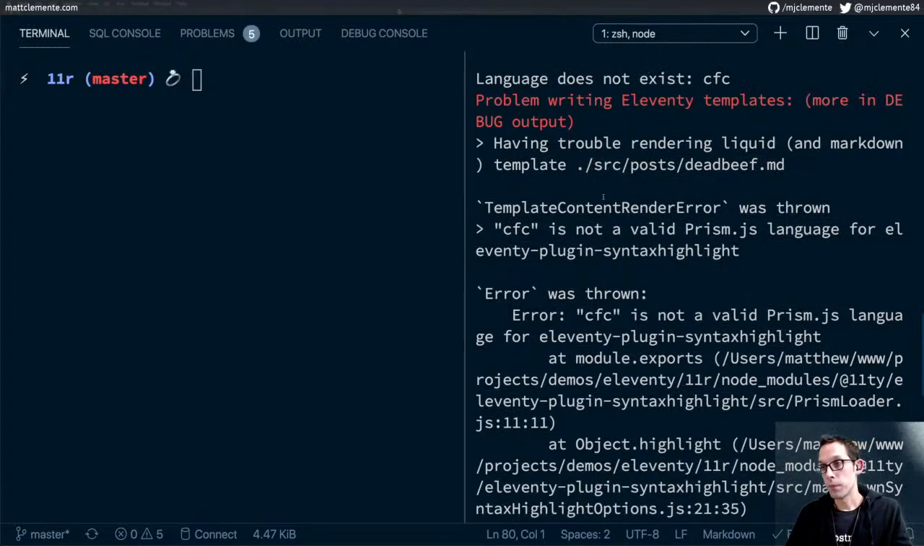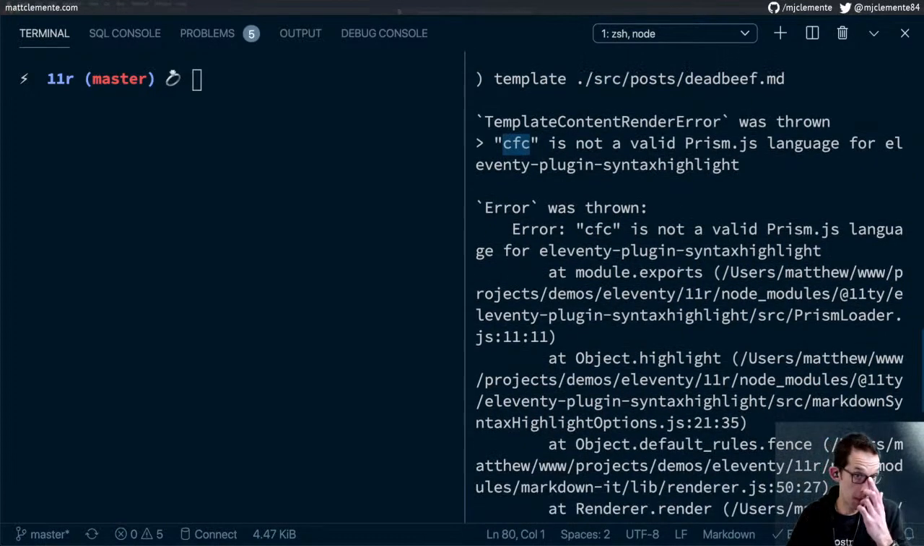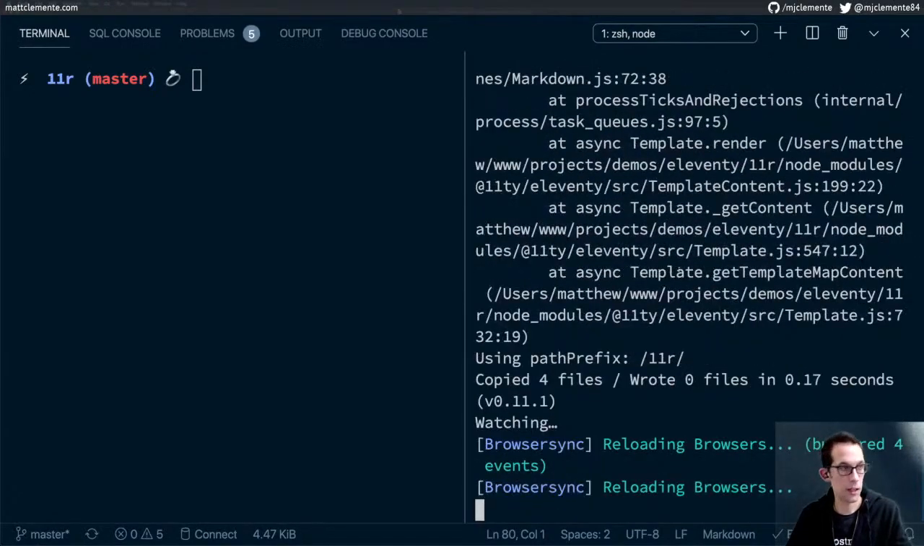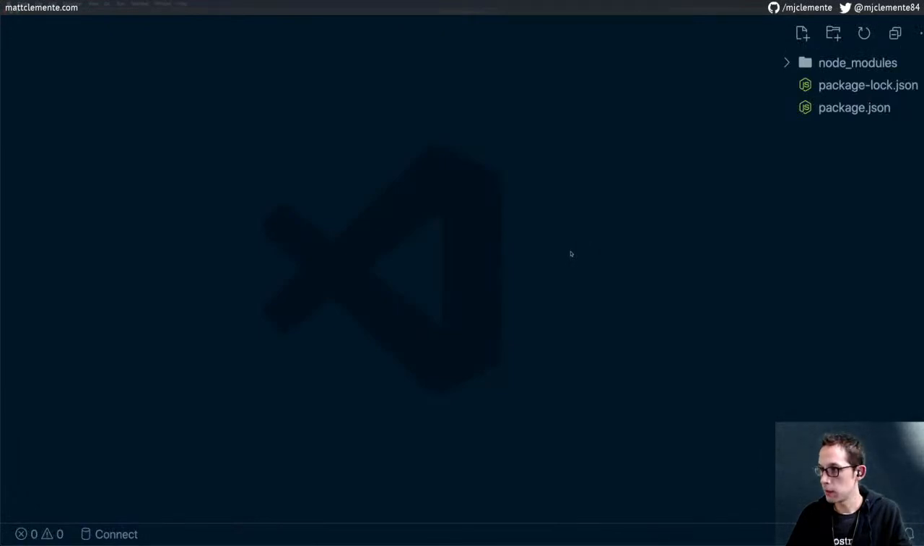Okay, so cool. The error I got was that CFC is not a valid Prism.js language. The thing is, it will be, because I got the CFML CF script plugin for Prism. Although I guess I might have to see if I can get it merged into the Eleventy plugin syntax highlight. So I am going to have to wait until that's released and available. But for now, I'll just,